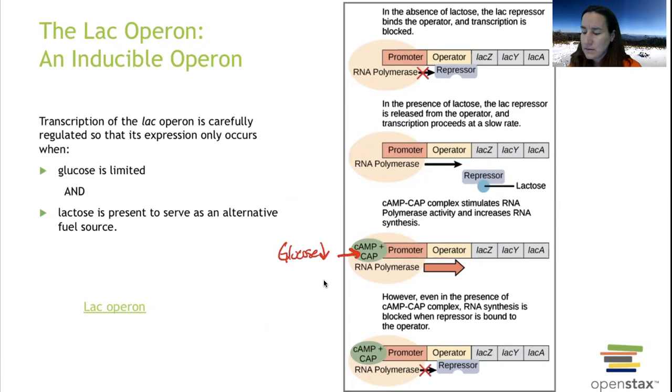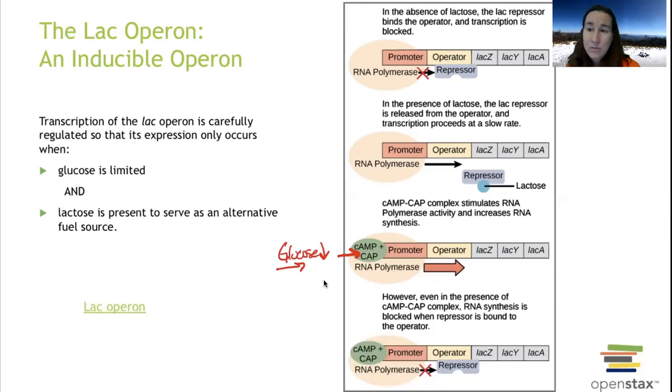Well, in this case, this lac operon is inducible because not only does glucose need to be low to turn it on, but we also have a repressor. If we have the ability to break down glucose and we've got plenty of glucose, great. If glucose drops, we're going to look for other types of sugar. Another type of sugar is lactose. So if lactose is in the environment and glucose levels are low, then let's try and break down lactose and use that as our energy source.